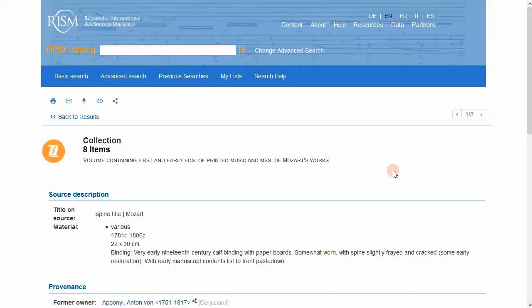Hello! Today I'm going to talk about composite volumes in MuseCat. A composite volume consists of items that were created separately but later bound together, typically by an owner or institution. There are other names for such volumes: bound with, Sammelband, binder's volume, collector's volume, but we're using the term composite